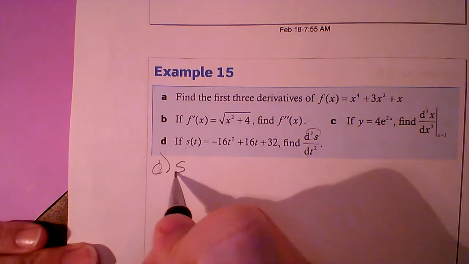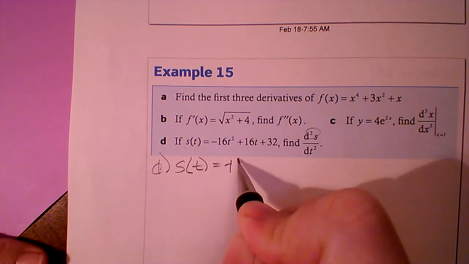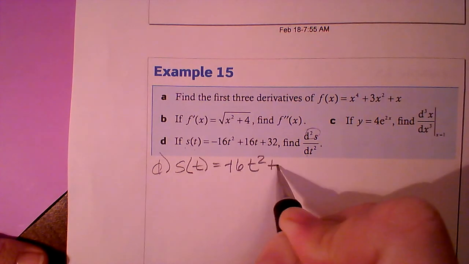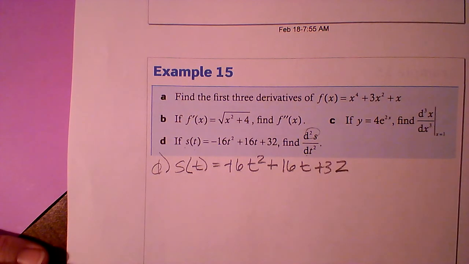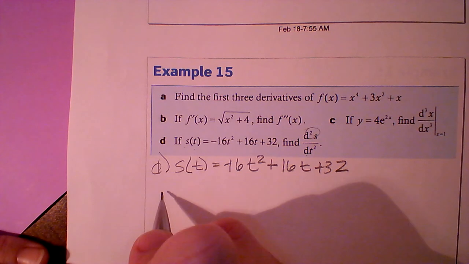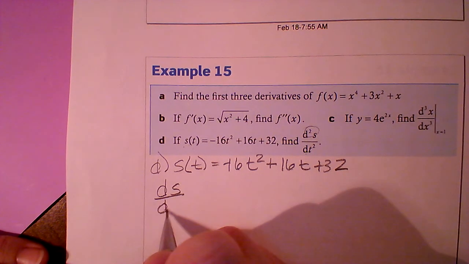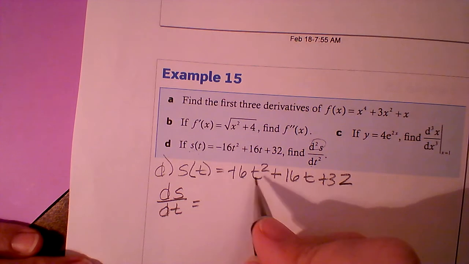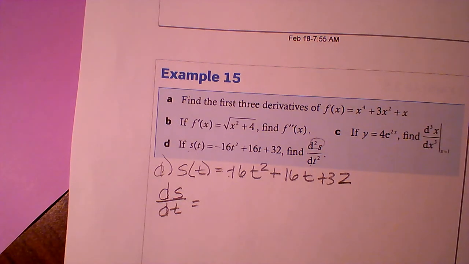So our function is s of t equals negative 16t squared plus 16t plus 32. So we get to use the power rule again. It's just a nice polynomial for us. So in this case, it's going to be the first derivative, ds over dt. Use my power rule. This is going to give me negative